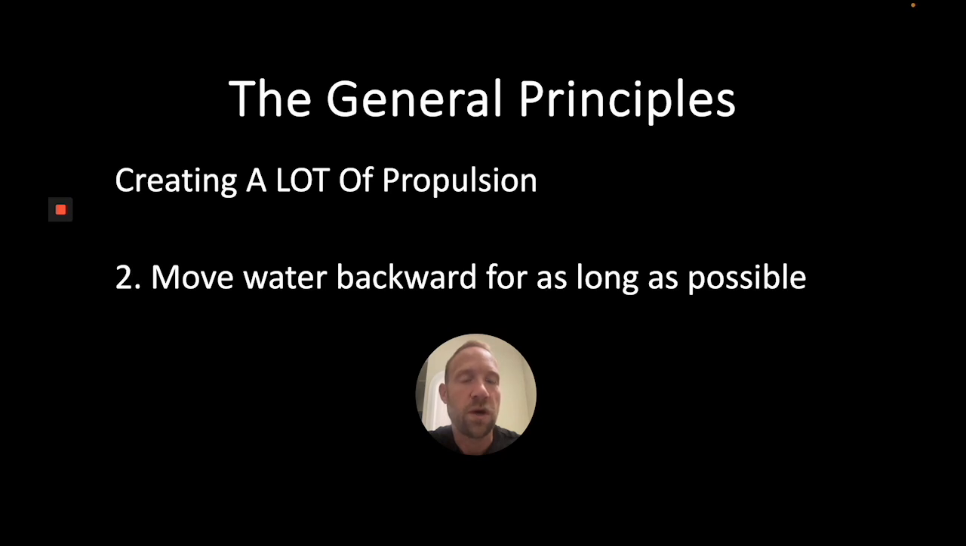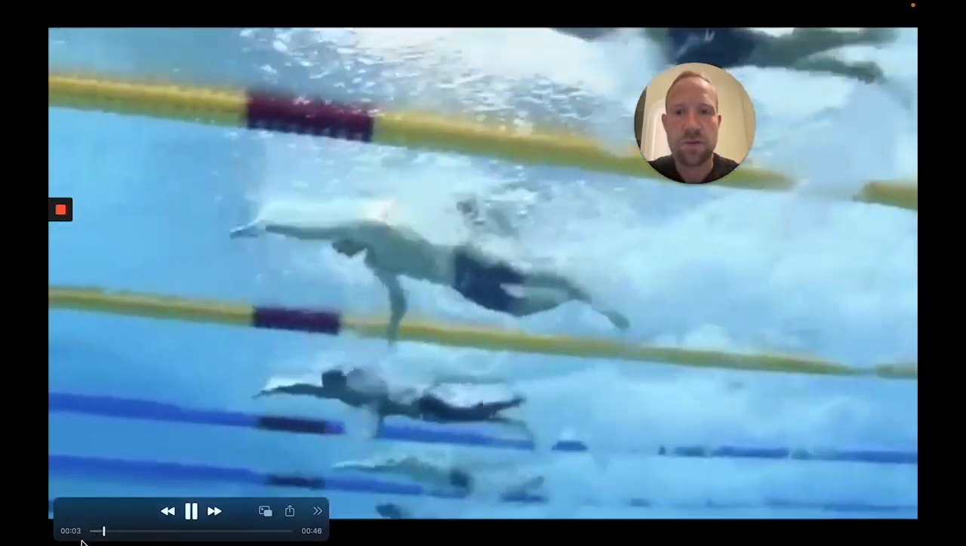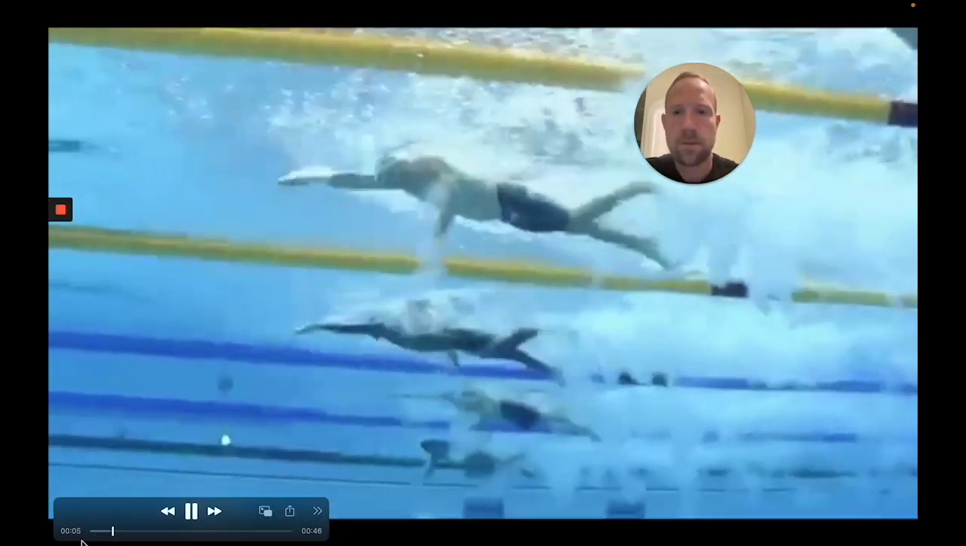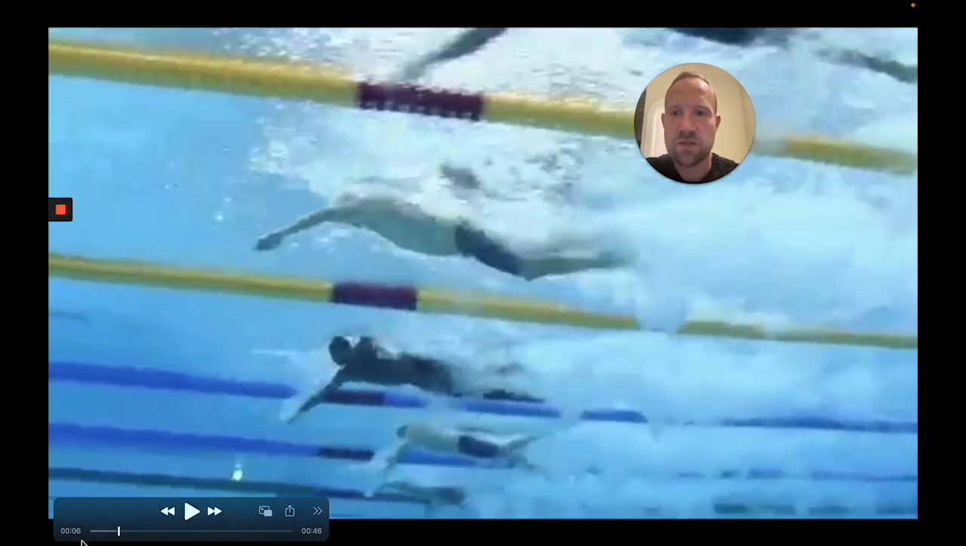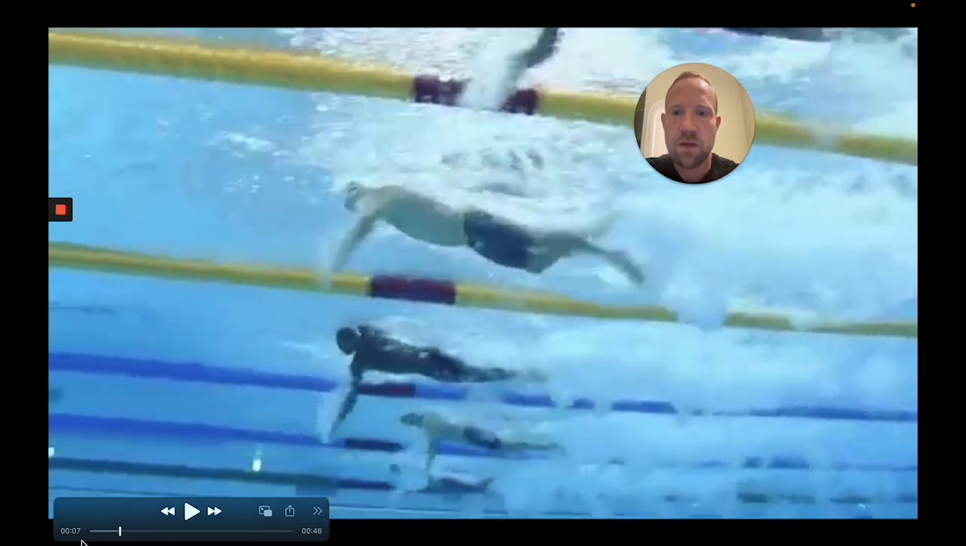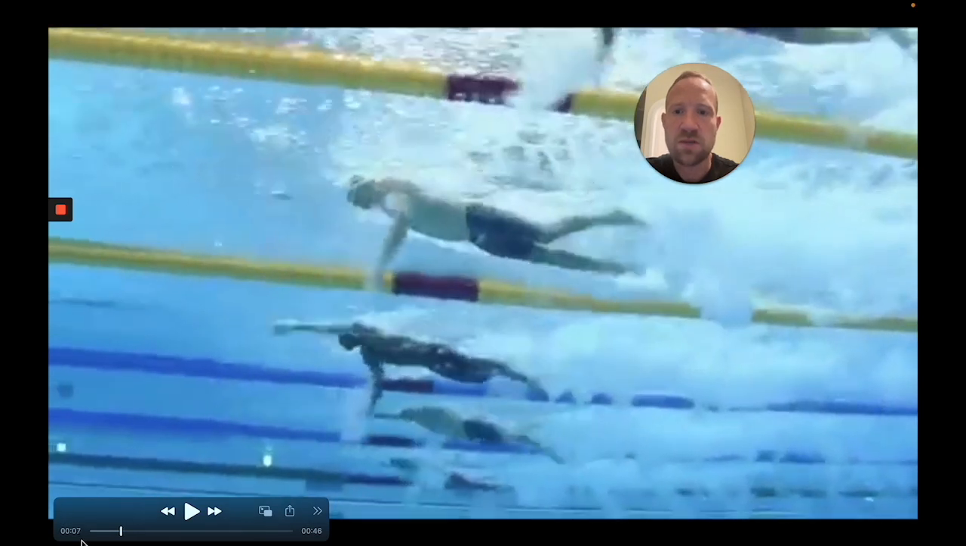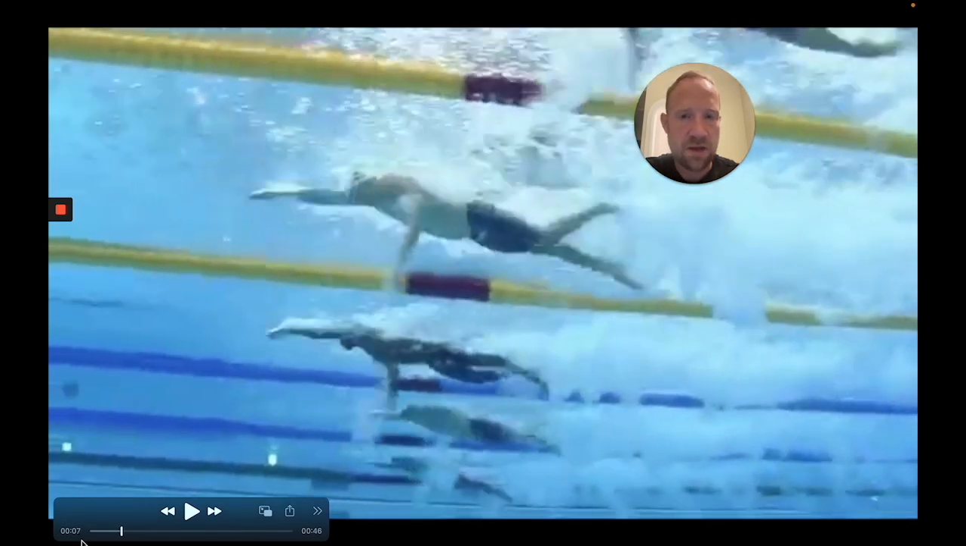So what we're going to look for and try to see are the different positions that athletes achieve in different strokes and how those positions allow them to move water backwards for a long period of time by creating a surface area that's oriented backwards for a long period of time. So first, we're going to look at sprint freestyle. So what we'll see here is from this position, more or less right here, all the way through the back of the stroke, that arm is oriented backwards. And as you see here,